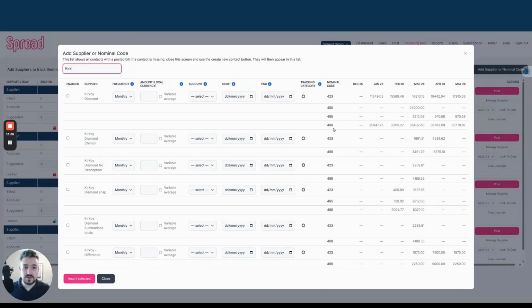You'll see any nominal codes that you typically bill for different suppliers. You can track down to different multiple nominal codes for different suppliers. You can also add tracking and you can accrue and manage your budgets for accruals as well down to the tracking level. So to set one up, you simply select the supplier, choose on which basis that they bill you,